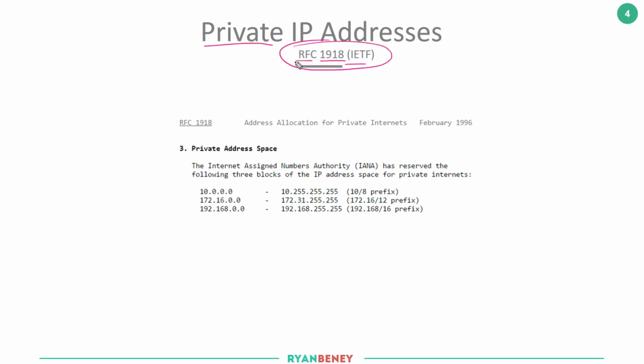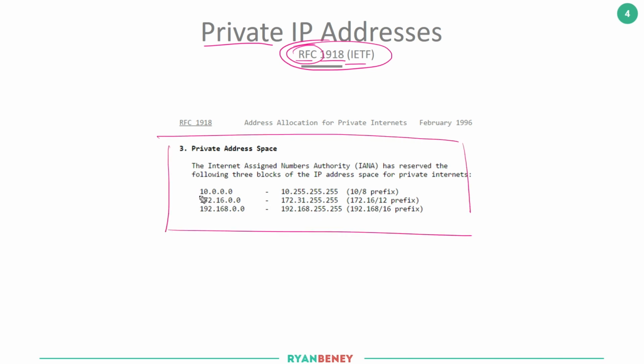For those who don't know, RFC stands for Request for Comments, and it is documentation that you put forward as an individual, a corporation, or a member of the IETF that other people comment and give feedback on. Once it's gone through a couple of revisions, it becomes a permanent authority, a permanent documentation to relate back to. And this documentation of RFC 1918 outlines the private address space,